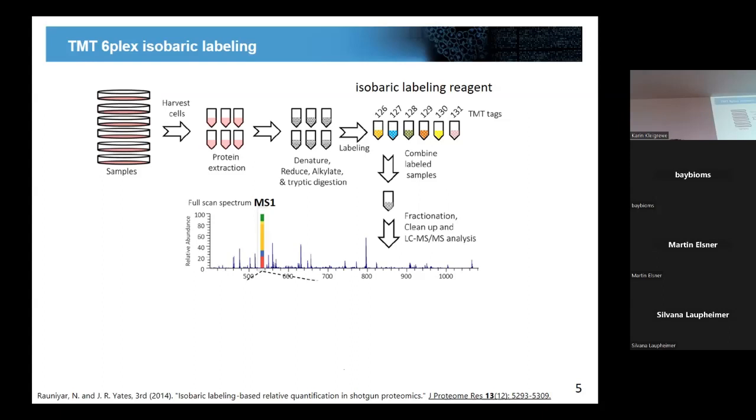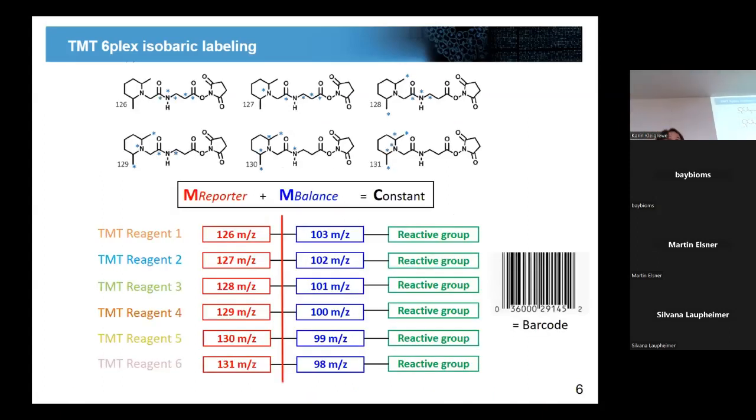So for each signal that we will see in the MS1 scan, we will actually see a compiled intensity for every peptide by summing up the intensity of every individual cell. Does it make sense? Because the mass is still not different between them. However, if we now isolate our peptides and fragment them in the mass spectrometer, these labeling reagents have been designed